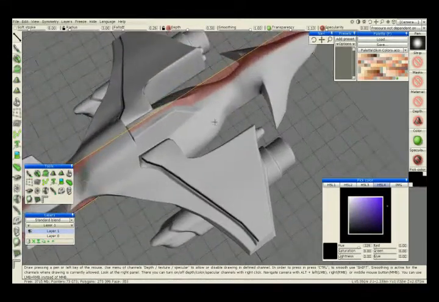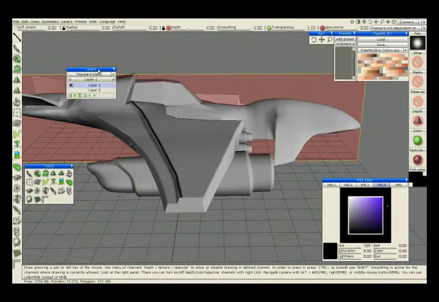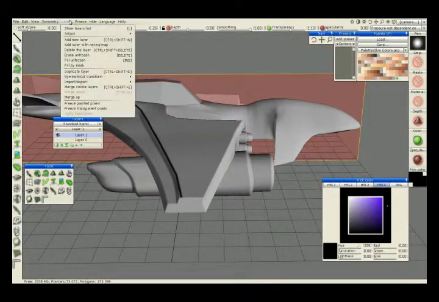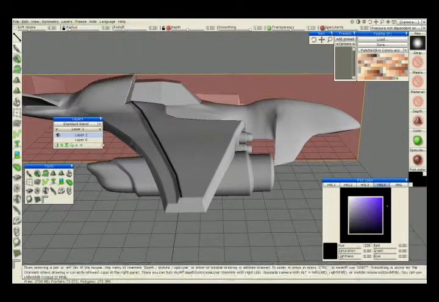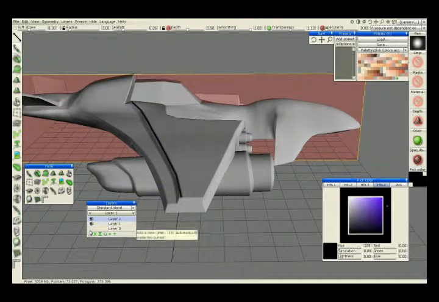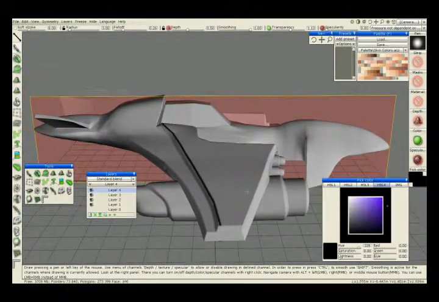One thing that you will want to know and pay attention to is your layers. If you go up to View, or what was it, Layers, Show Layer List, it'll bring up this little list. Right now I'm painting on layer 1. I can easily click the plus, make a bunch of layers, paint on all the different layers. When you're finally done, you'll be like, okay,